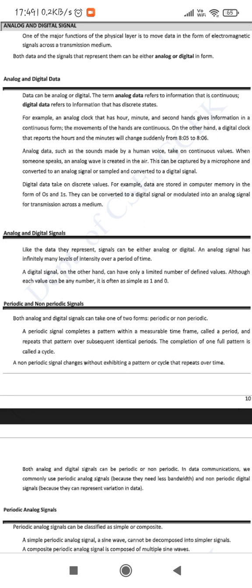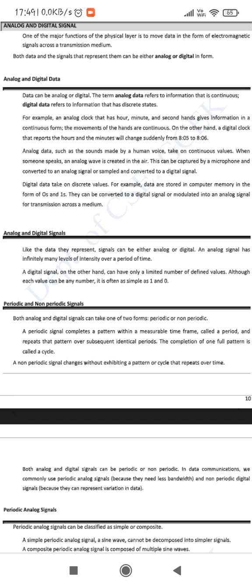The term analog refers to information that is continuous. Digital data refers to information that has discrete states. For example, an analog clock that has hour, minute, and second hands gives information in a continuous form. The movement of the hands is continuous. On the other hand, a digital clock that reports the hour and the minute will change suddenly from 8:05 to